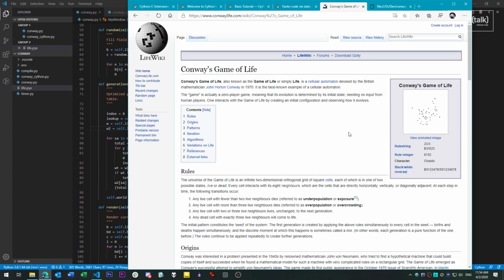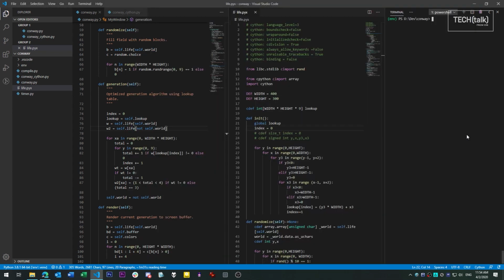a Python implementation of Conway's Game of Life. For those who don't know it, Conway's Game of Life is a mathematical game, a simulation of a colony of cells as they grow, reproduce, and die off. Because Conway's Life is mathematically intensive, it makes for a good stress test of a language's raw performance.